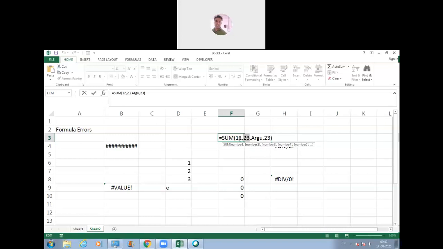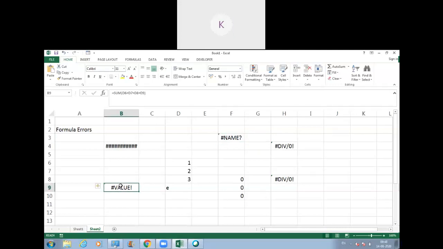Now, the third argument that I've passed is a text, or you can say a string. The sum function will be able to understand that the others are numbers, but it will not be able to process this part of the argument. So it is going to throw a name error. It occurs if the formula is used incorrectly.